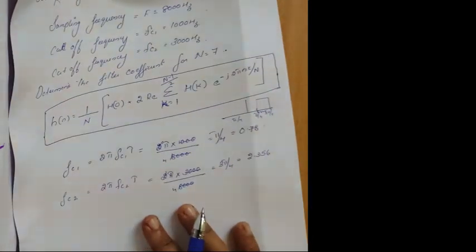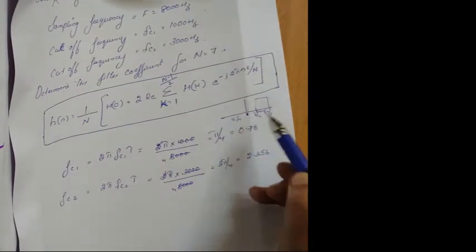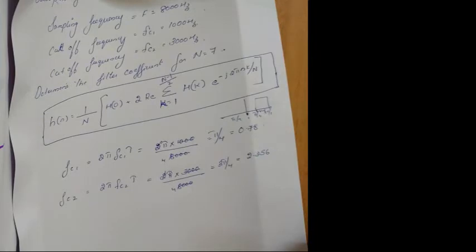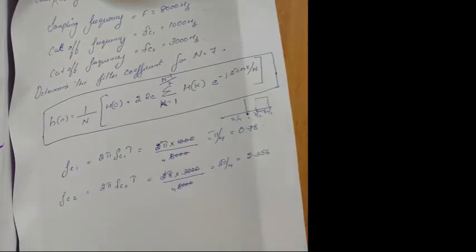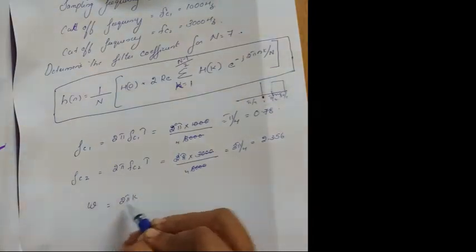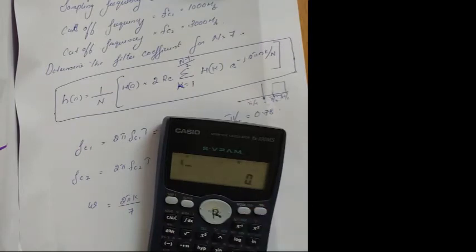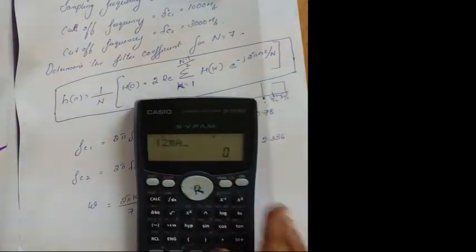Here, as it is a bandpass filter, you won't have an h of 0 value. If h of 0 was there, that would be the 1 e power term. So you don't have an h of 0 over here. You have to find the limit, other than h of 0, from where it varies. For that you have to find the omega value. Omega is equal to 2π k divided by 7. Instead of the value which you want to vary, you can give k divided by 7.